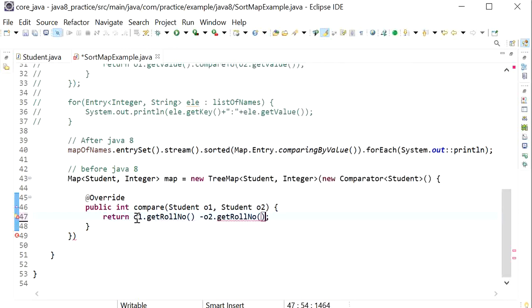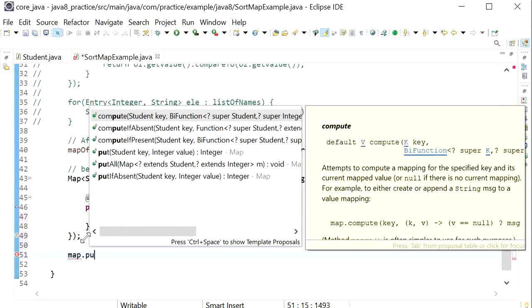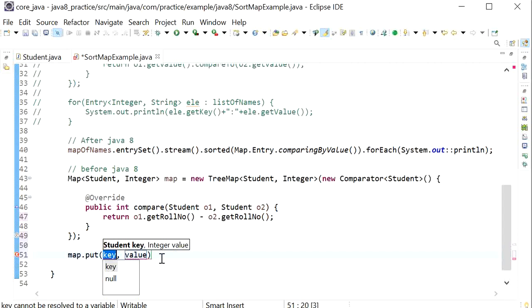So it will provide me the map in sorted order based on student roll number. After that we just need to add a few elements in this map with map.put. Here we just need to put student objects.